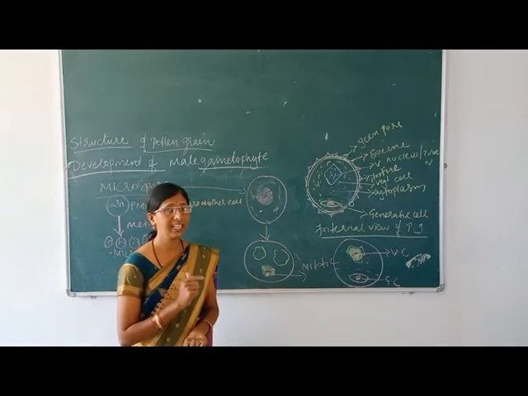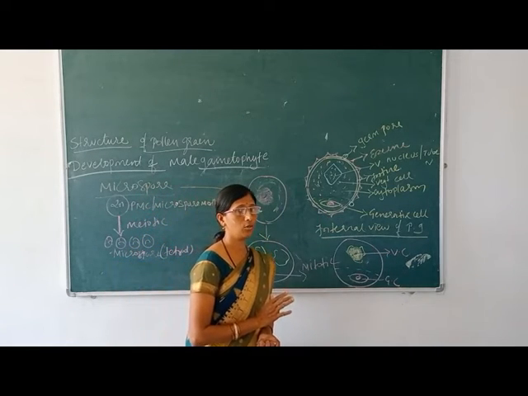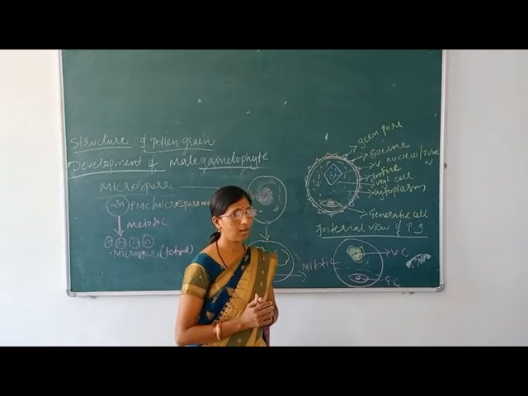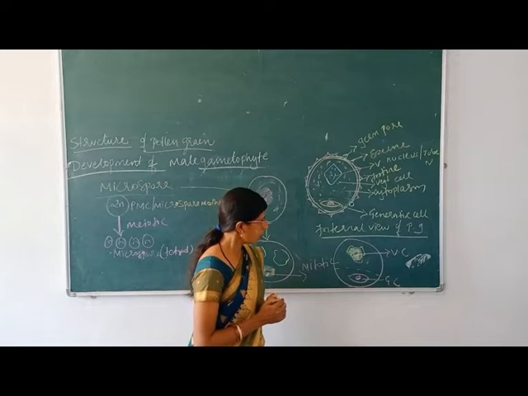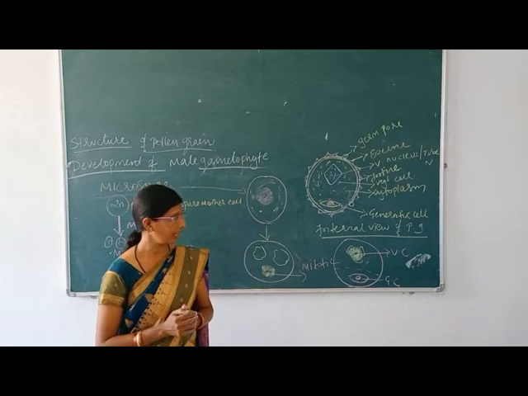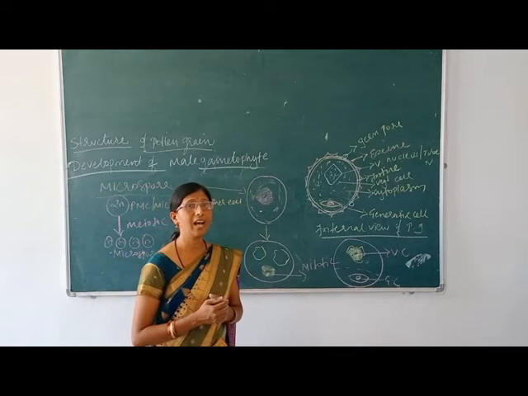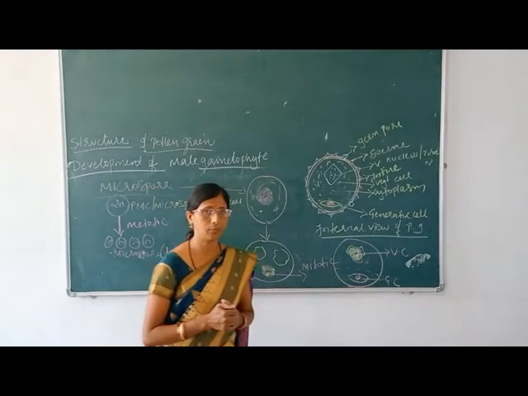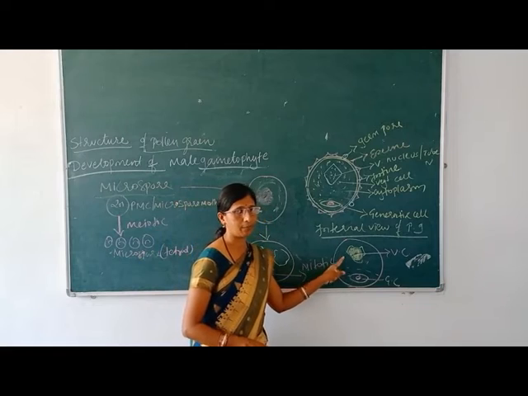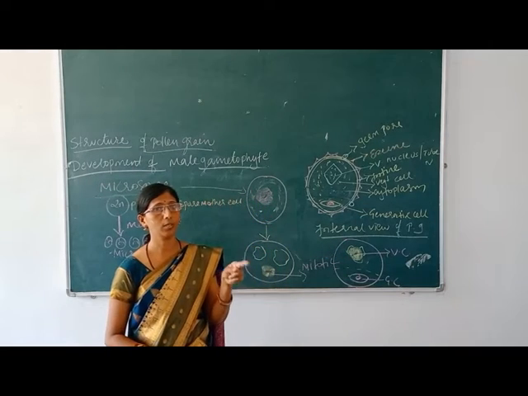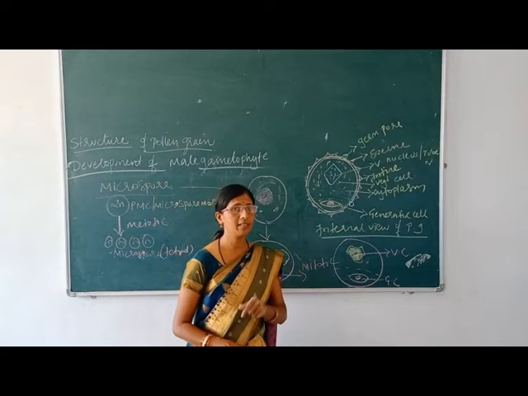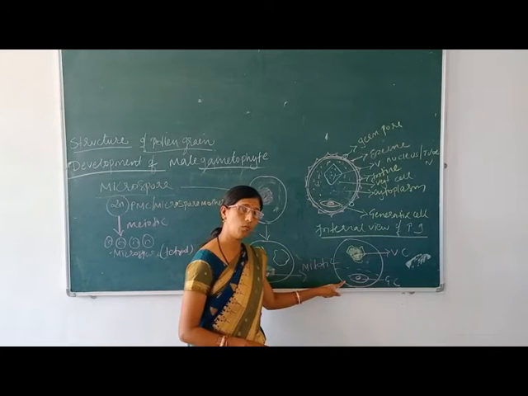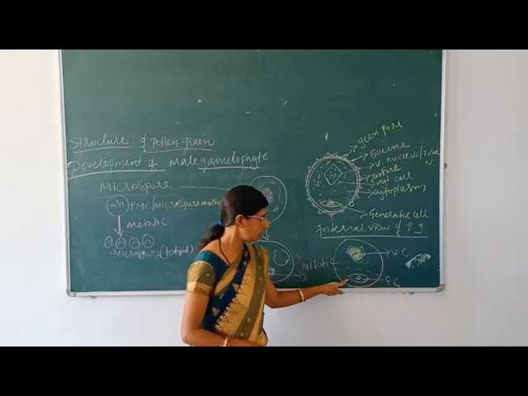Why do they become unequal in size? When the nucleus divides by mitotic division, because the division is unequal, one is the larger cell and one is the smaller cell. The larger cell is called the vegetative cell, and the smaller one we call the generative cell. And why? Only due to the unequal division of protoplasm. All of you know what protoplasm is? It contains the nucleus and cytoplasm, so it also contains the dense cytoplasm. Cytoplasm and nucleus together we call the protoplast. Due to the unequal division, there is a formation of two unequal cells, one the larger and the second one the smaller. So this is the vegetative and this is the generative cell.